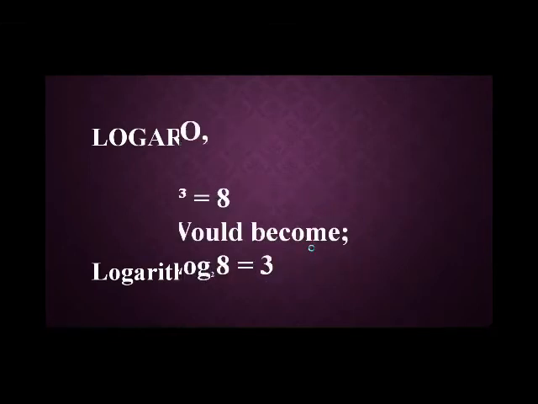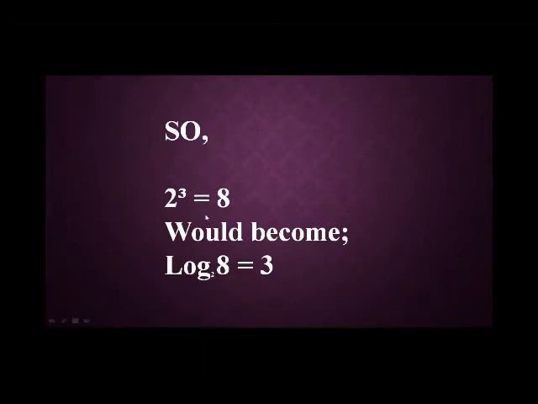Now move towards the next slide. Here we have mentioned both forms. The first form is exponential form, and we are converting this exponential form into log form. This is the exponential form: 2 to the power 3 is equal to 8. It means when you multiply 2 three times, 2 twos are 4, 4 twos are 8, so you will get 8. How will you convert this exponential form into log form?